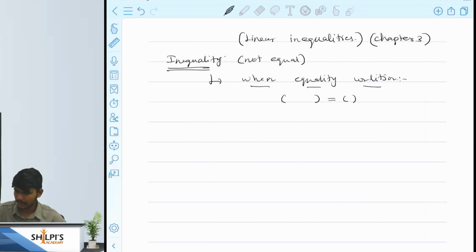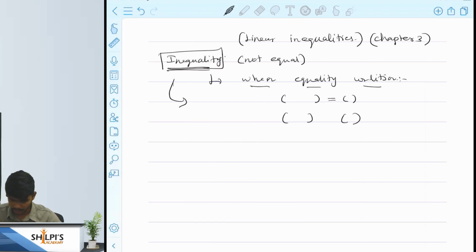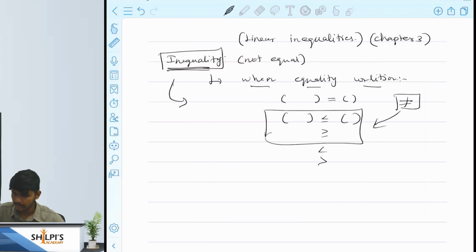In an equality condition we say it like this, but in an inequality condition still one quantity is related to another quantity, but the relation is like less than or equal to, or greater than or equal to. We will not include the not equal to condition in inequalities. When we talk about inequalities, it can have four possibilities. First quantity can be less than or equal to the second quantity, or less than the second quantity. Similarly, greater than or equal to, or greater than. Okay,